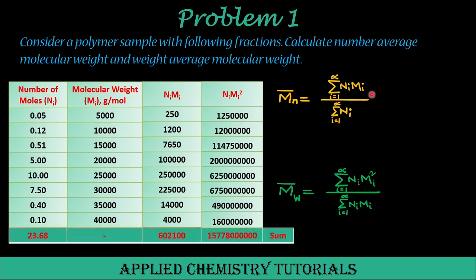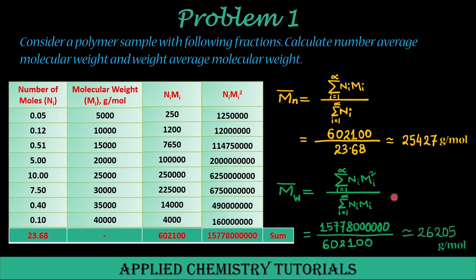Now we need to find out the sum of the NiMi by adding up all these values. This is the sum. And the sum of the NiMi square values by adding up all these values. This is the summation of NiMi square. And we also need the summation of Ni. So we can add up all these values and get the summation of Ni. Now if we plug in the values in the Mn bar expression, then we can get Mn bar as 25,427 gram per mole. Similarly, we can get Mw bar as